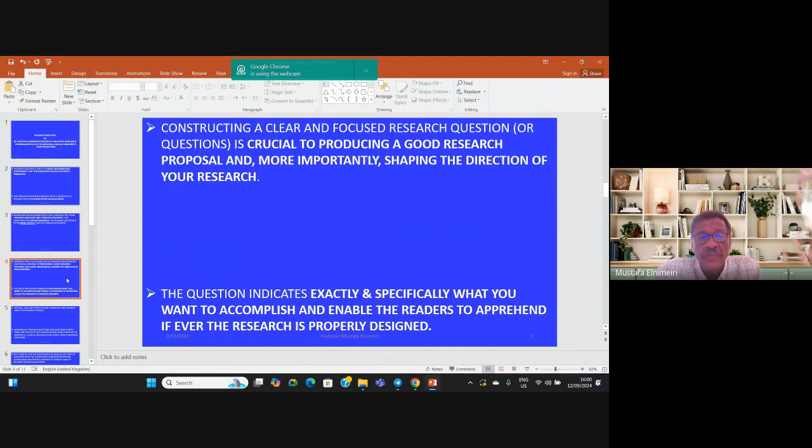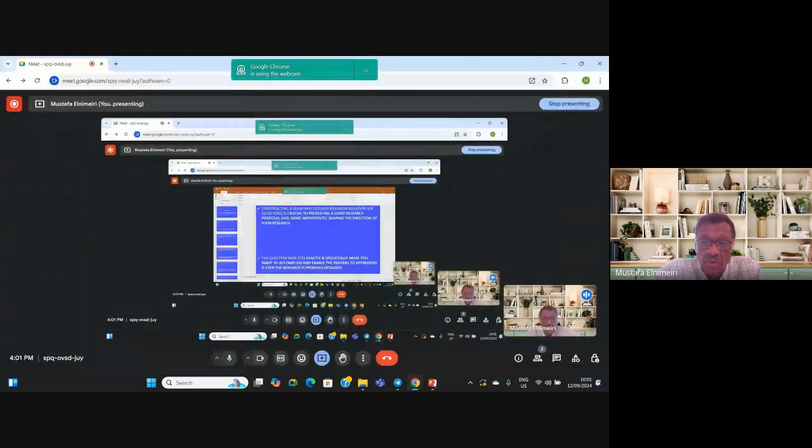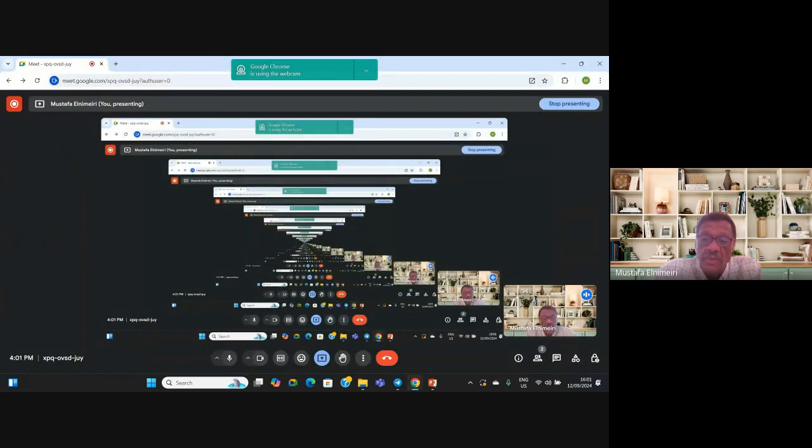And in addition, constructing a real and focused research question or questions is crucial to producing a good research proposal. And it's very important to direct the research forward and will enable the readers to understand exactly the research